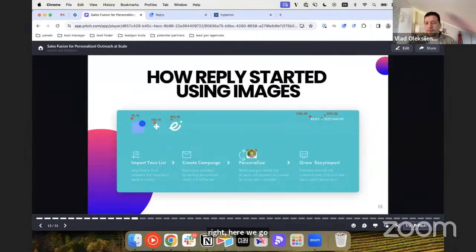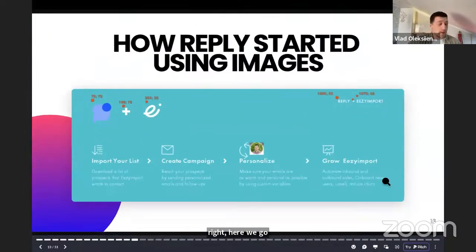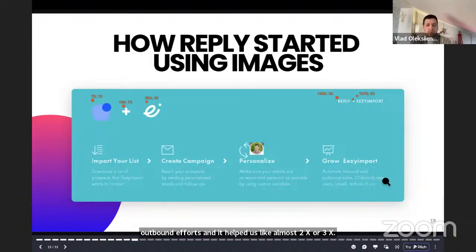So, how we at Reply started using images at scale. Well, this story started in 2018 or 2019 when I joined Reply as an SDR, almost 6 or 7 years ago, and I saw an article from one of the outbound sales agencies. They said, hey, we started using personalized images at scale for our outbound efforts, and it helped us get almost 2x or 3x replies. I was like, wow, that's cool. And back in that time, I was coding a little bit, and I decided, wow,